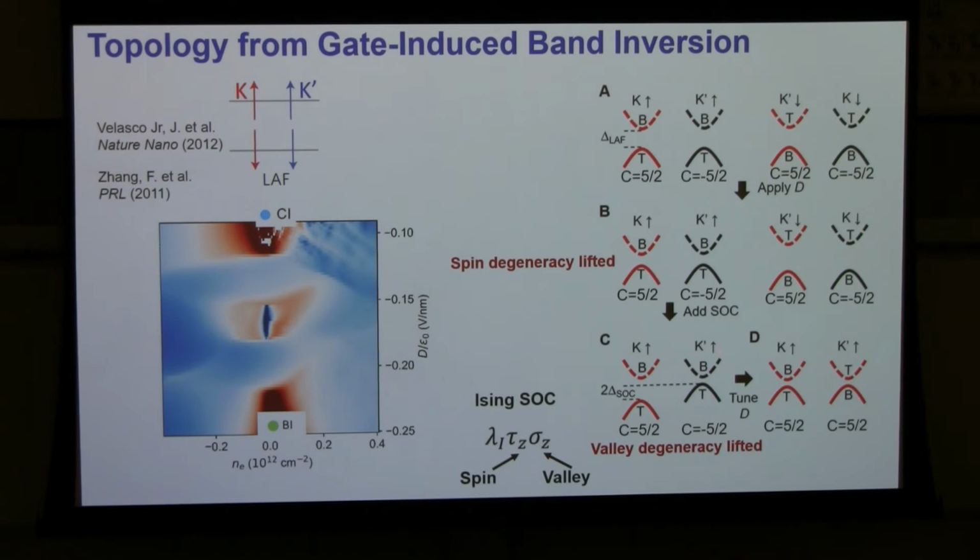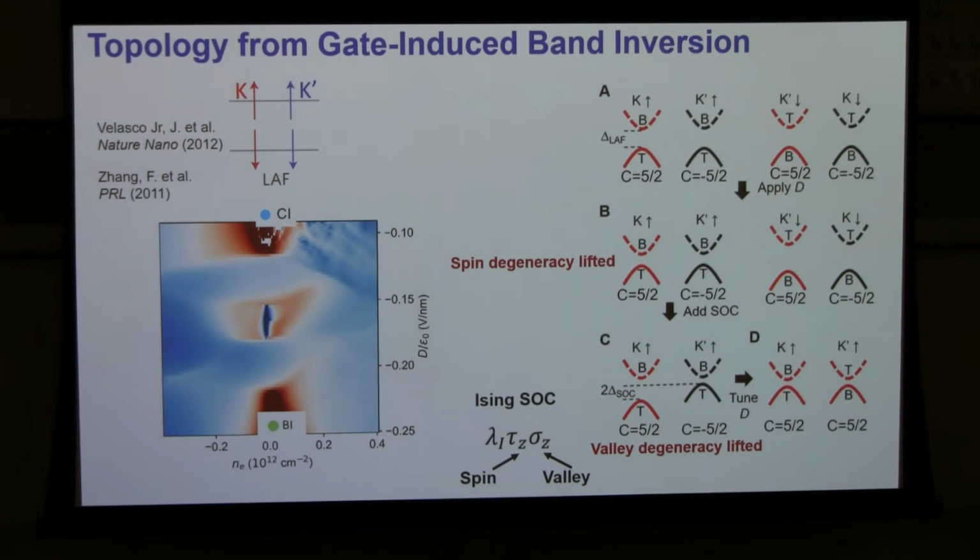It's a little bit busy. Please stay with me. Okay? So when you are in the layer antiferromagnetic state, the 4 copies of spin and valley orders are all gapped out. That's how you can get an insulator. But they are gapped out in different ways. Okay? For the spin up bands, the occupied state is in the top layer. That's what T means. And for spin down bands, the occupied states are in the bottom layer. They have spin degeneracy and valley degeneracy. The two valleys will cancel each other. They have opposite Berry curvature, Chern number, and they will cancel each other. That's how it's topologically trivial.